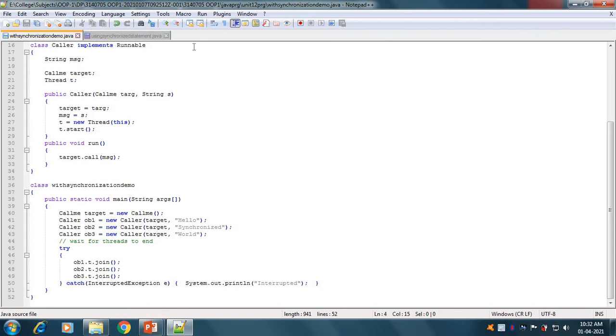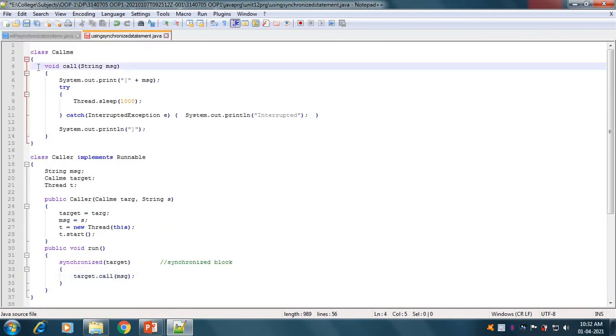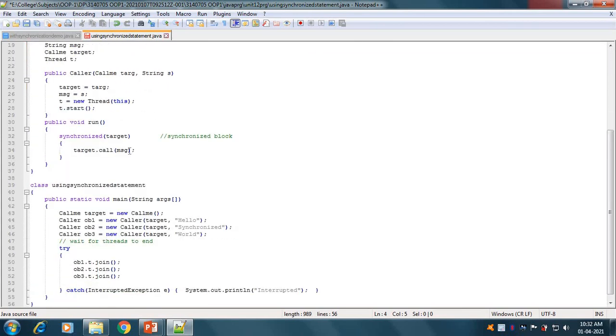If we talk about that example, here we have not put the synchronized keyword, but at the time of calling in the run method, we have put this calling statement into the synchronized block.